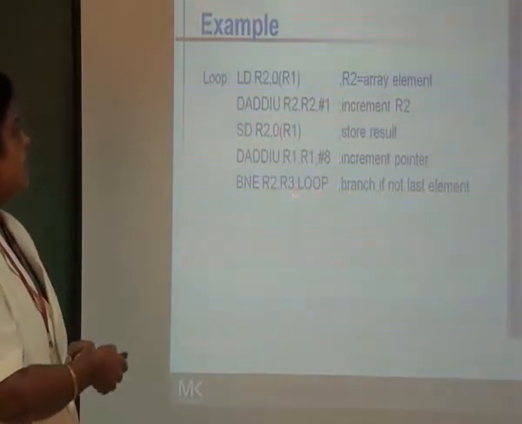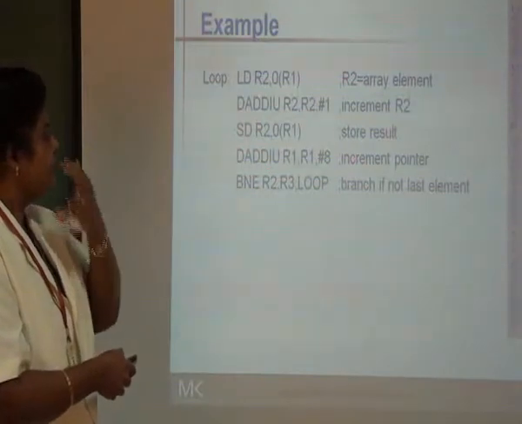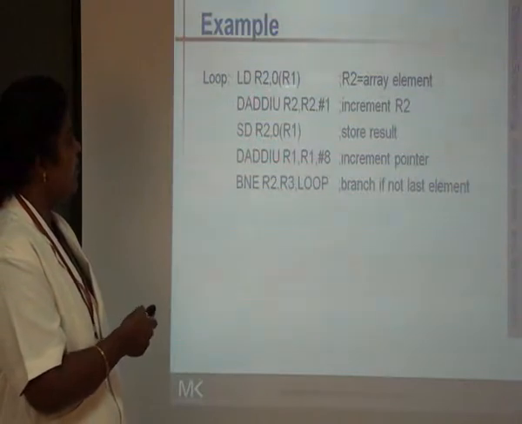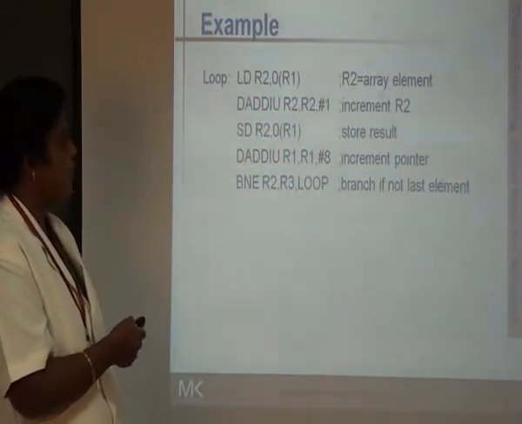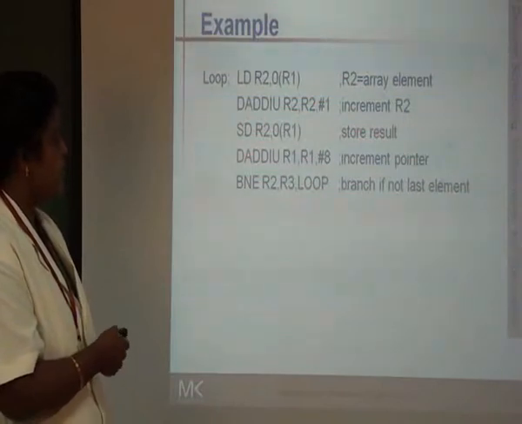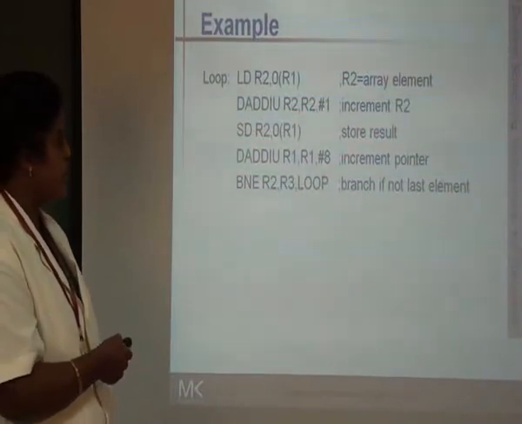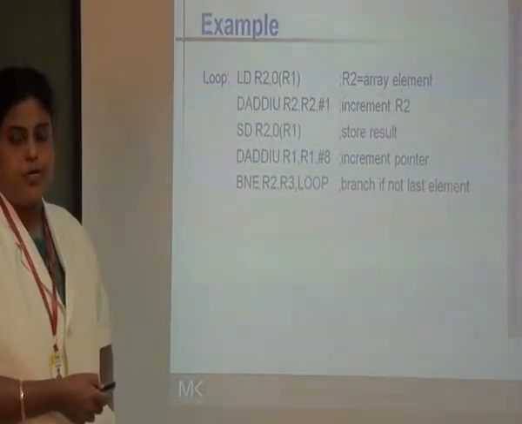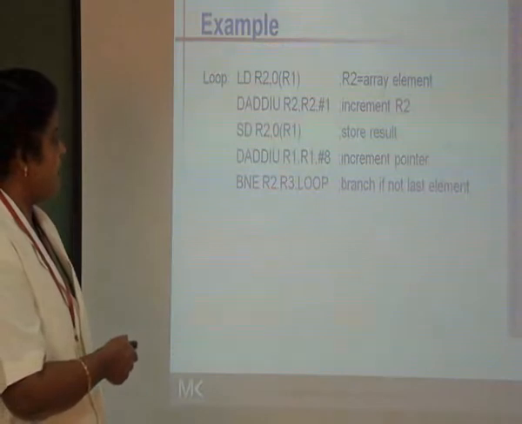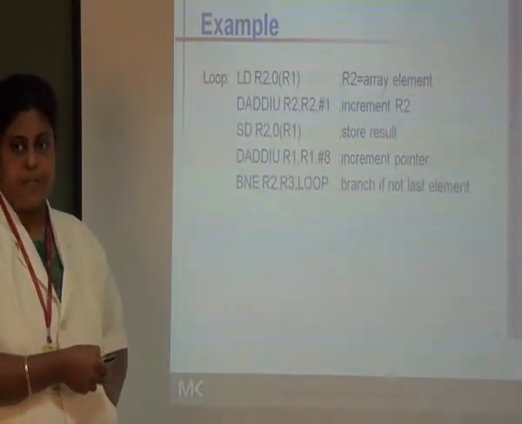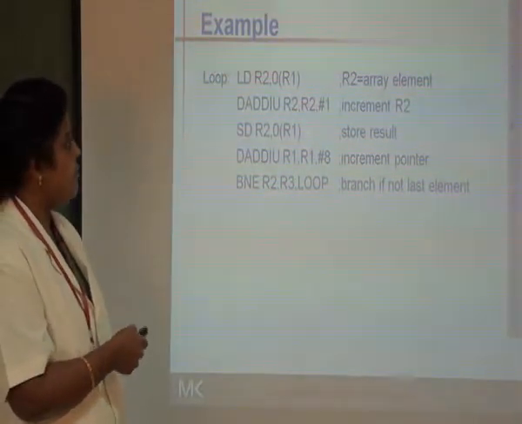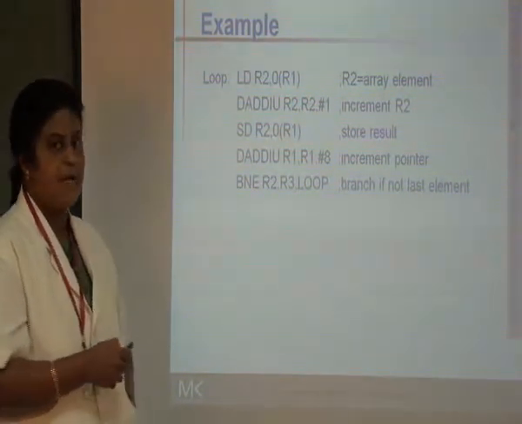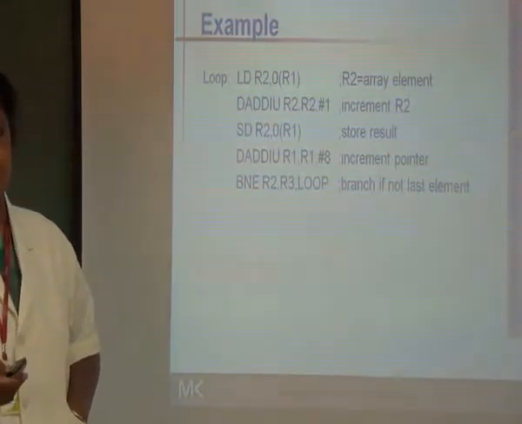So this is a very good example of multiple issue programming, where we have a load operation, a double add floating point operation, a store operation, another double add floating point operation, and once again a branch not equal to 0 loop or branch decision. This branch instruction is going to take care of the speculation. We are going to have dynamic scheduling, and we are also going to have the two floating point operations bundled together in order to have a multiple issue.